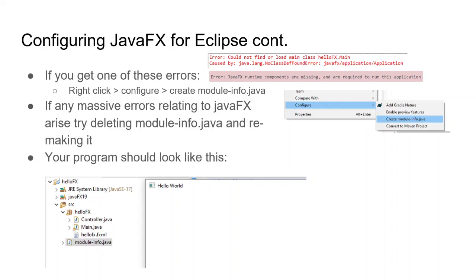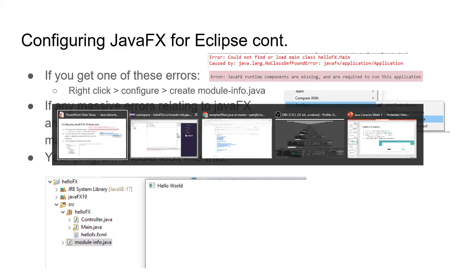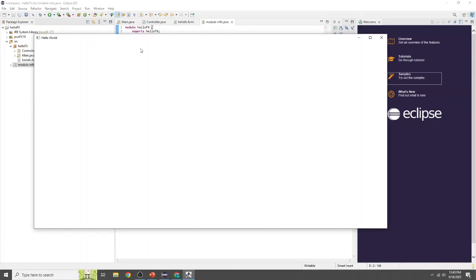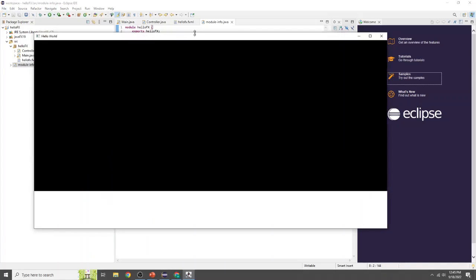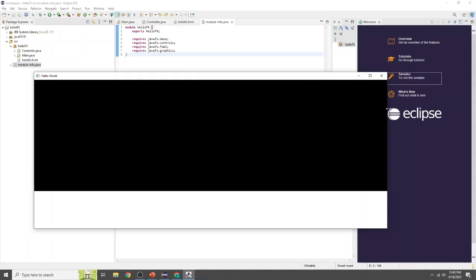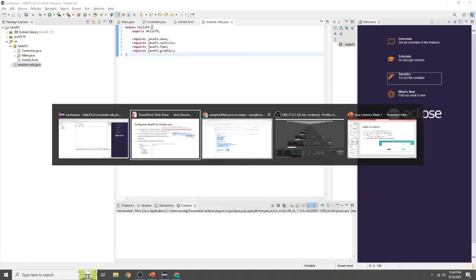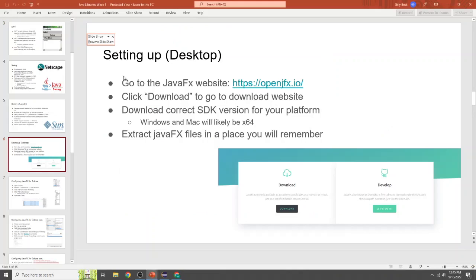So overall, your program should look like this. It should be an empty screen, and it should just say Hello World as the title. So that's all we have for now. This is our Hello World project. So you can see we can resize it, and JavaFX doesn't really like that, so we'll probably get to fixing that eventually. But if we go back to